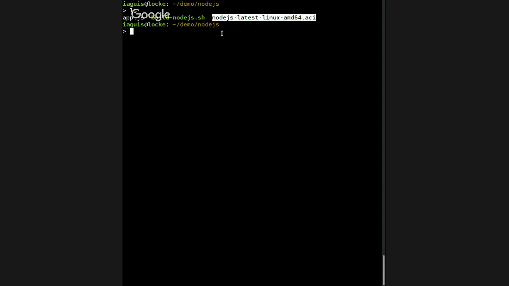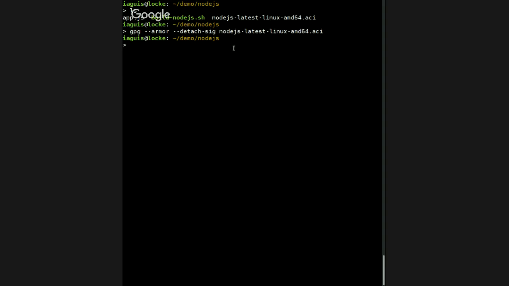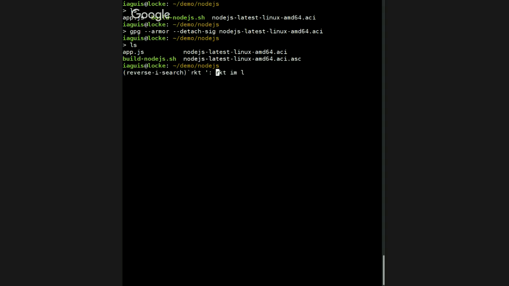So I'm going to go ahead and just sign it. I'm going to sign it with my personal key. And it's signed now. We have the ACI and the signature. So I already trusted my personal key in Rocket using Rocket Trust, root and my key. So now I'm gonna just run it,